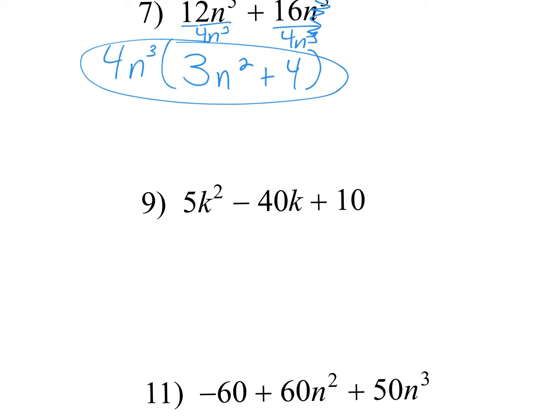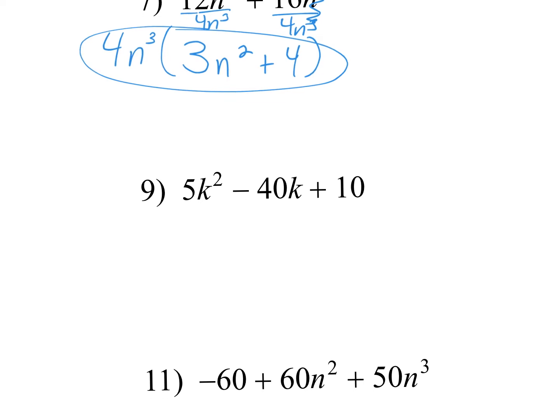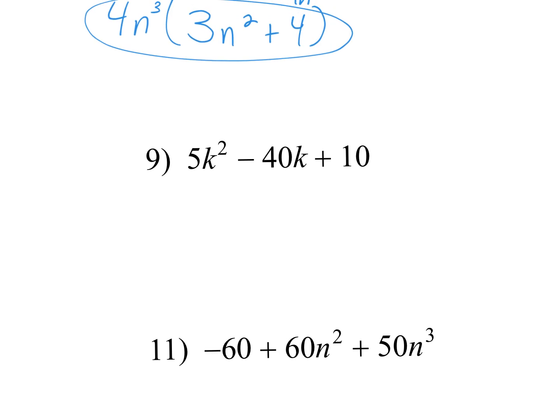All right, look at number 9. What kind of nomial do I have for number 9? It's a trinomial. All right, when we get to this, and we'll get to this in a few days, you would multiply a times c, right? See what numbers multiply to give you the last number, add to give you the middle. But you have to first ask yourself, is there a GCF? Is there a letter and or a number that I can take out of all 3 of these terms? Yes. What? Good. So if I take out a 5,